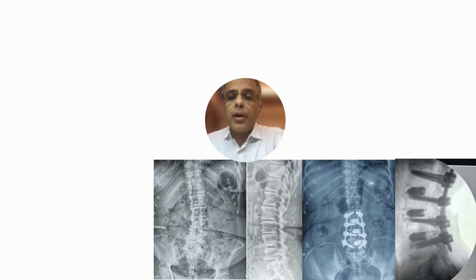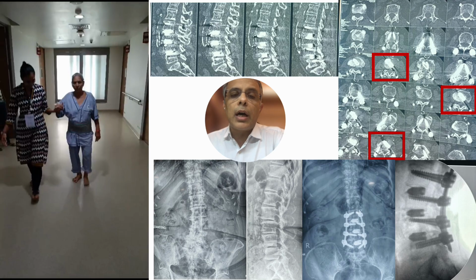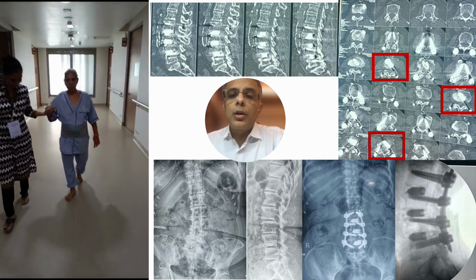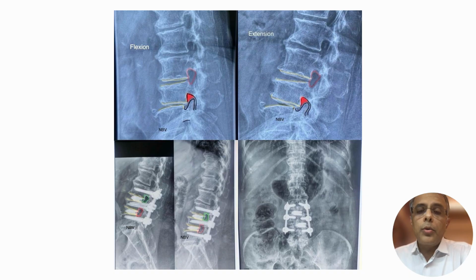So these are a few of our cases where we have done the procedure. This is a multi-level KLIF. You can see how beautifully the cage is placed, exactly 45 degrees going from posterolateral to anterolateral. And you can see that this patient started walking within just 4 to 5 hours of surgery with extremely minimal blood loss. You can see that this case shows how badly collapsed the foraminal heights are, and post Trans-Kambin fusion you